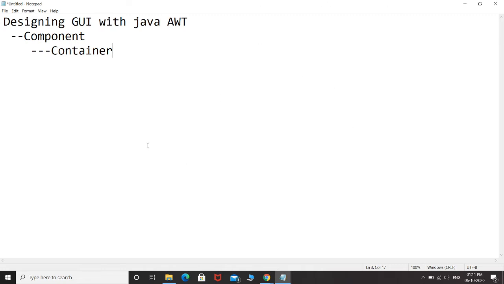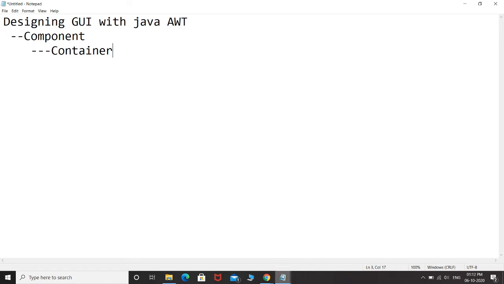So first of all what I need is this window, and this window will be the container. There are various container classes available in the java.awt package, and these container classes can be specified as canvas, panel, frames, windows, etc.